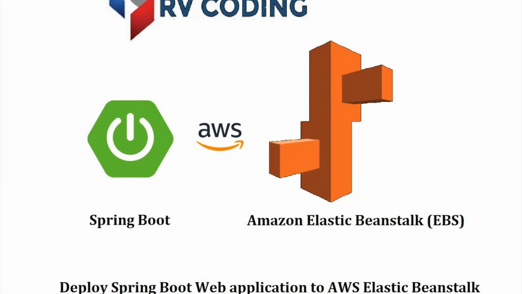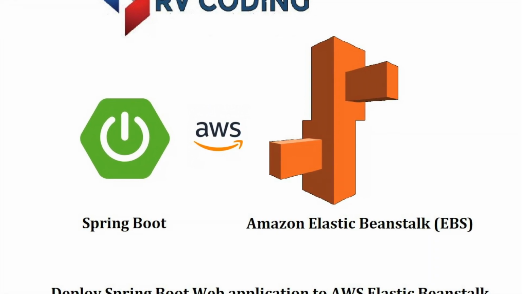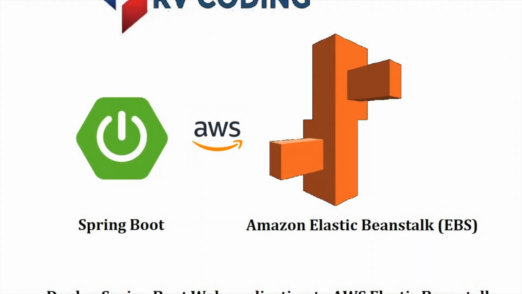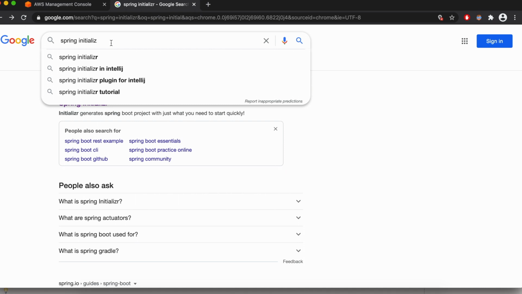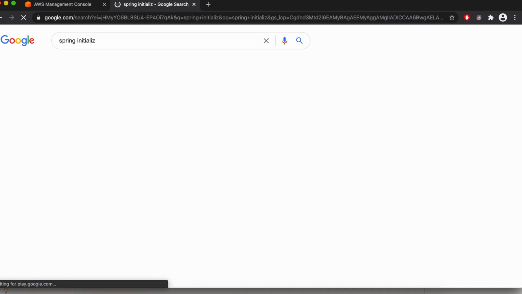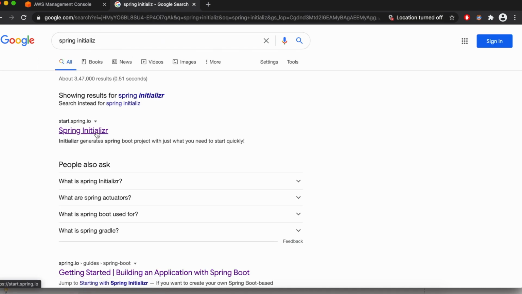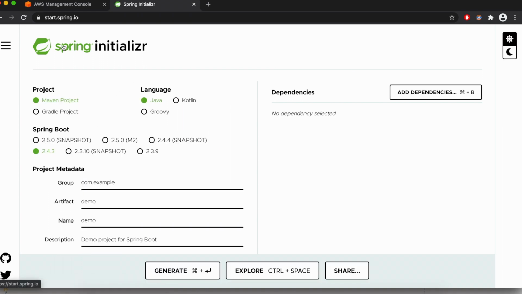Today we are going to build a Spring sample web application and deploy it on AWS Elastic Beanstalk server. So to begin with, I would go to google.com and search for Spring Initializer. Spring Initializer is a tool provided by Spring Boot, which lets us pick all the configurations that we want